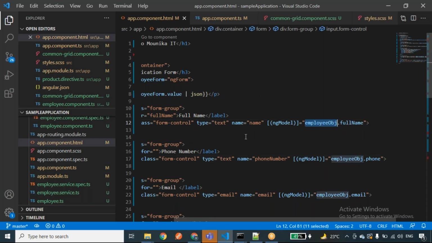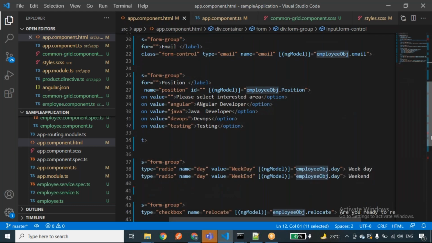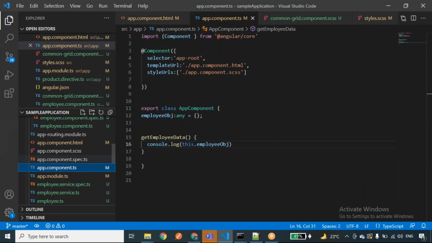Means you are taking these form fields, reading these input values from the form, and for this employee object, if you want to add some other data based on some conditions in the TypeScript class, in those scenarios you can create one employee object, add other data to it, and send this entire data to the backend. Most of the time in real-time scenarios we'll be creating this employee object, so it will be very flexible. We can add some additional fields and send it to the server. So we'll be defining one interface and using that only.